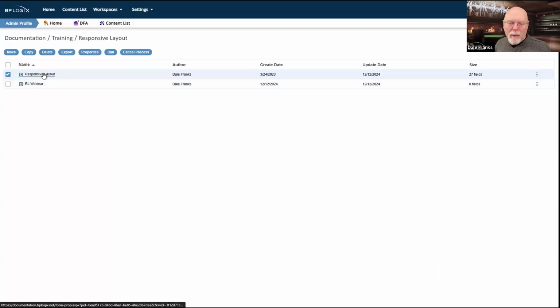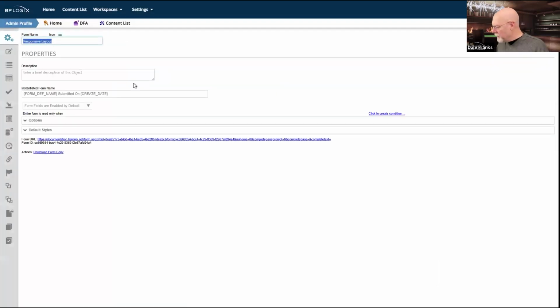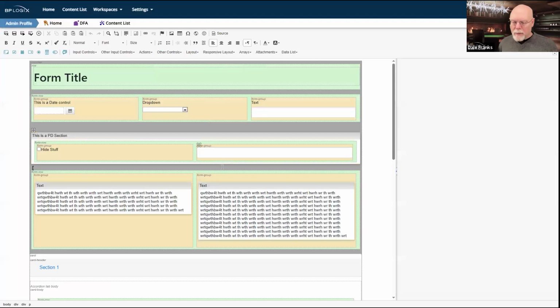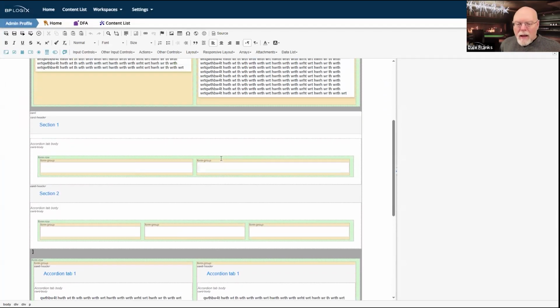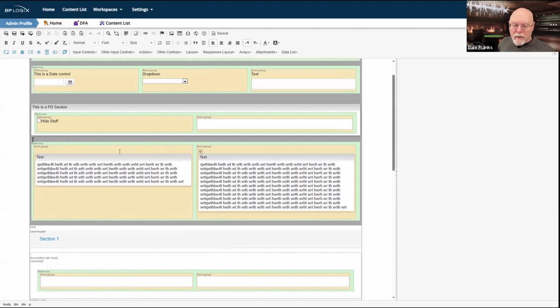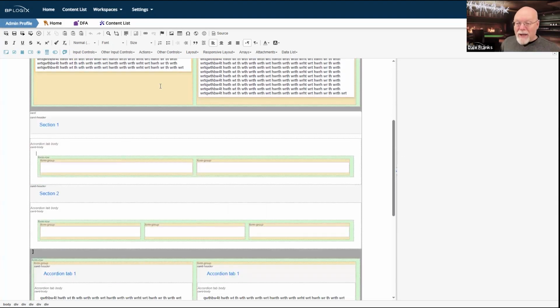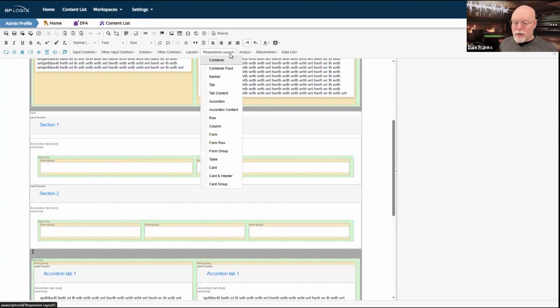So let's go back to our responsive layout form and open it back up in design view and talk about a couple of the other controls. Now, so far, we have talked about Process Director section controls. Bootstrap has its own section controls, which, by the way, work just fine.